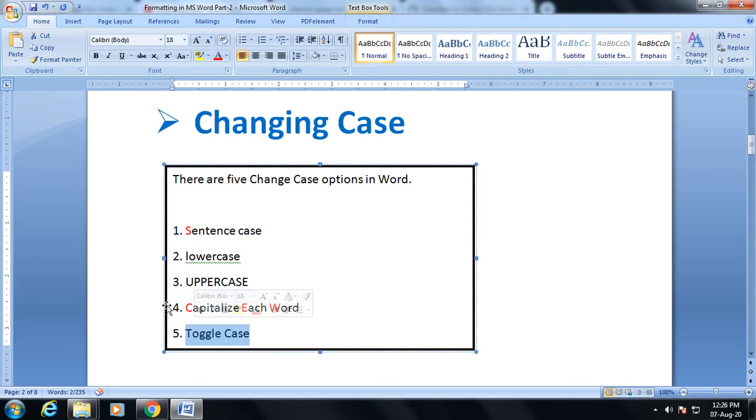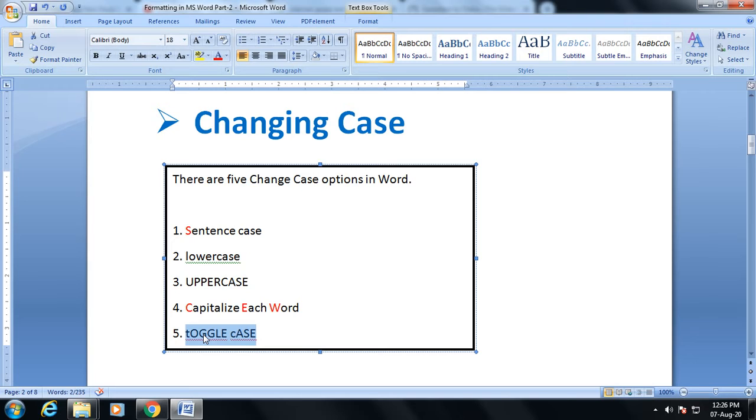As you can see, T and C are in capital and the rest of the letters are in lowercase. Now I am going to change it into toggle case. Let's see what happened. Capital T is converted into lowercase and capital C is converted into lowercase, and the other letters are converted into uppercase.